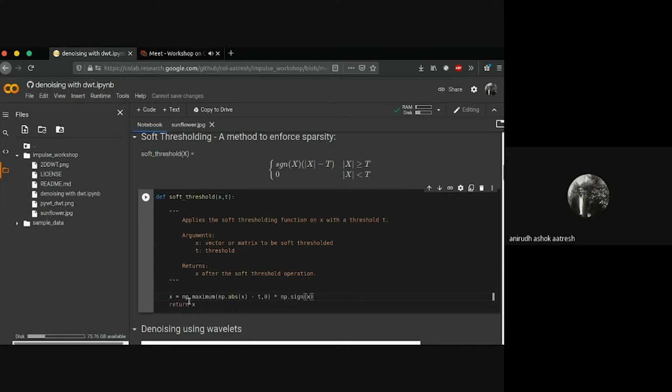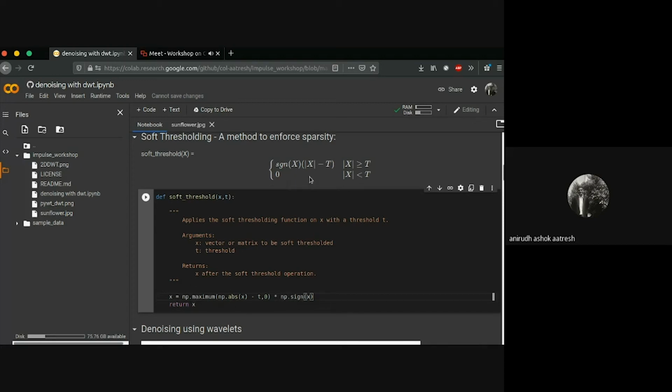What this basically does is you find the maximum between the absolute of x and t. If that's less than 0, that means this condition is satisfied, mod x is less than t, and so then this whole term becomes 0, and 0 into anything will be 0.